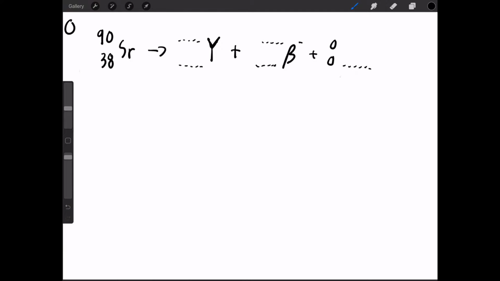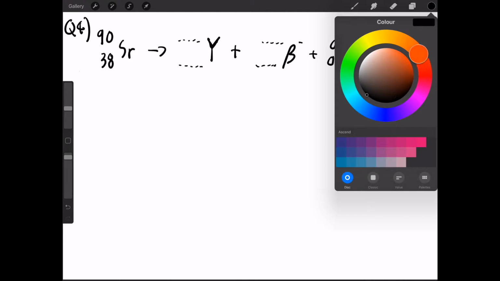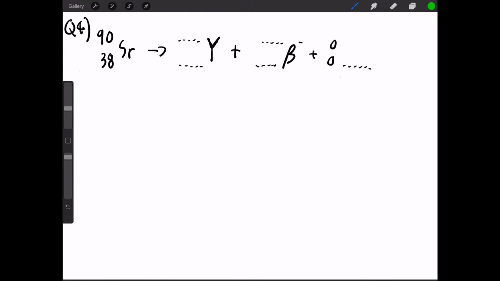On to question 4. The first thing we need to do is complete the following equation for beta minus decay of strontium into an isotope of yttrium. With beta minus decay, what you need to remember is that a neutron is going to turn into a proton. So the first thing we need to do is adjust the proton number. If it's gaining a proton, then the proton number is going to go up by 1, and the top number, because we're not actually adding any nucleons, we're simply changing one neutron into a proton, will remain the same